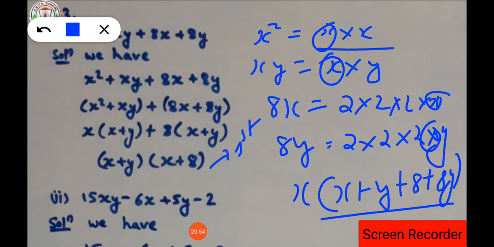Now it is very complicated which one will be taken common separately. Now you will tell me, teacher, the last two terms, 8 can be taken common, y is also taken common, but here no y is with x, no y is with a, so it becomes a little bit complicating for taking the terms out, isn't it?